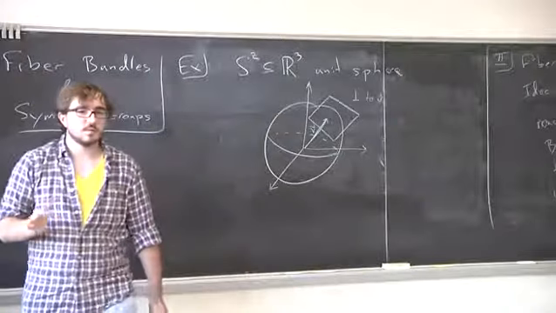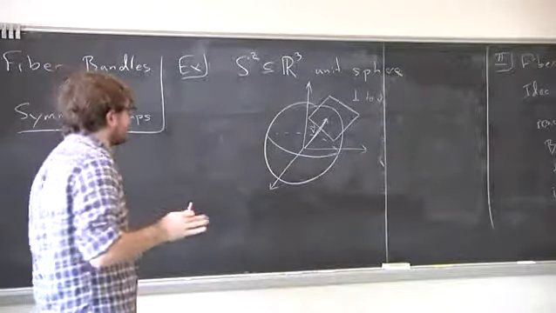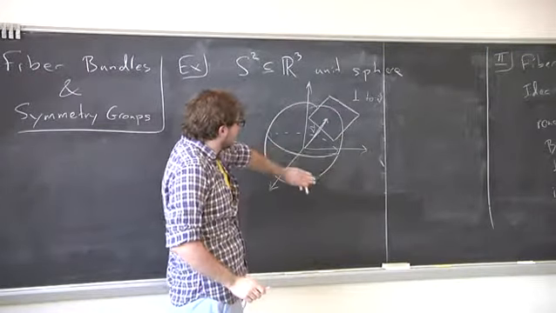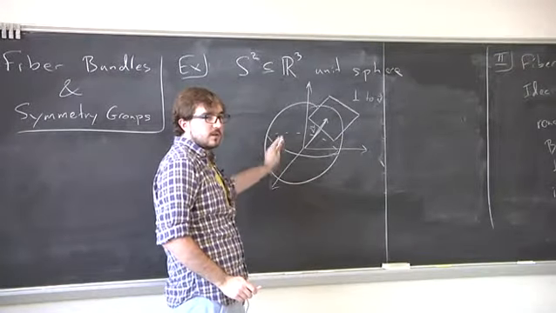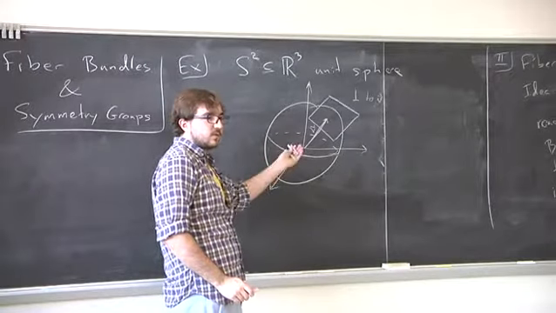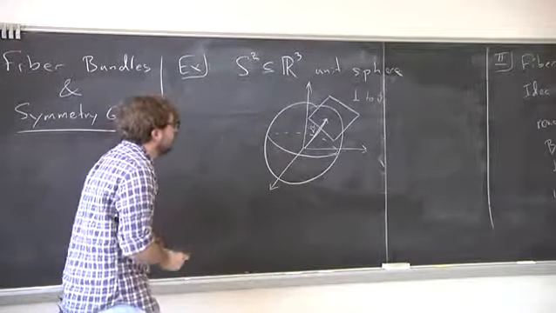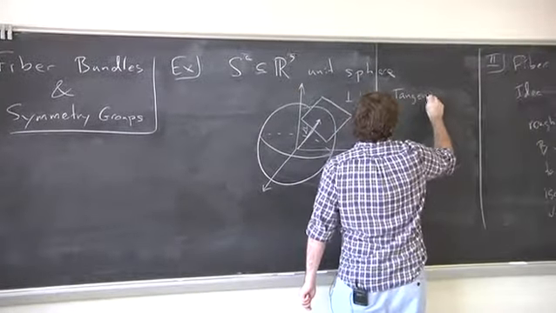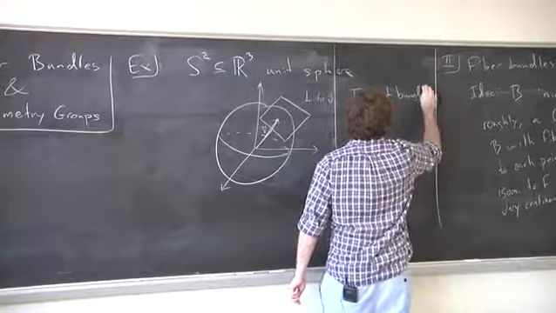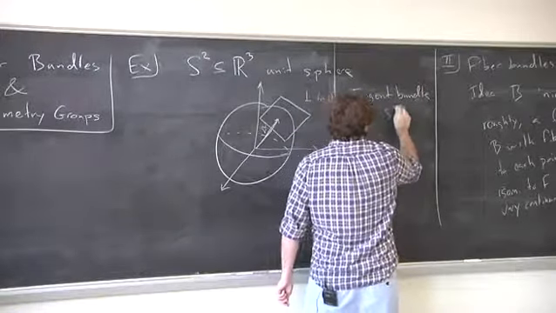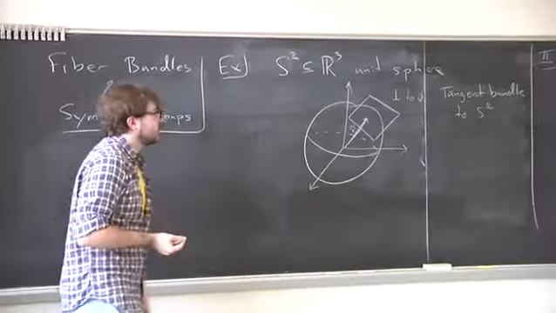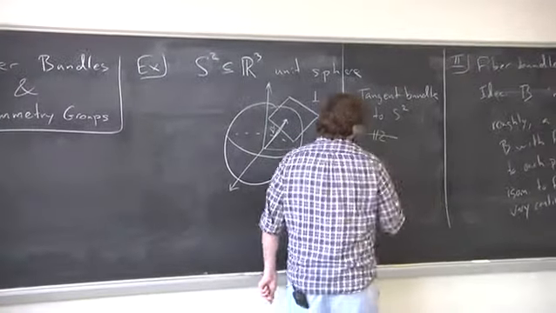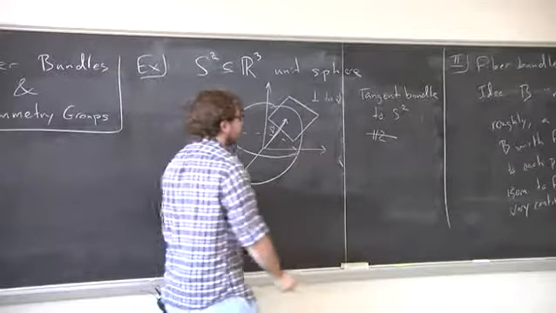Okay, that's a two-dimensional subspace of R3. And as I move my points around on my sphere, I get a two-dimensional vector space for each one of them. So this is called the tangent bundle to S2. And this has this really neat property. It turns out that it's not what we would say trivial. This is not equivalent